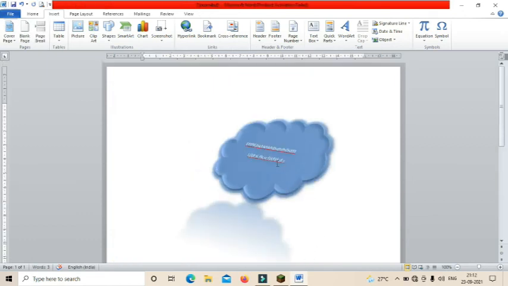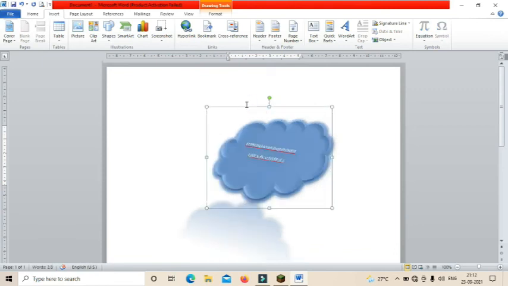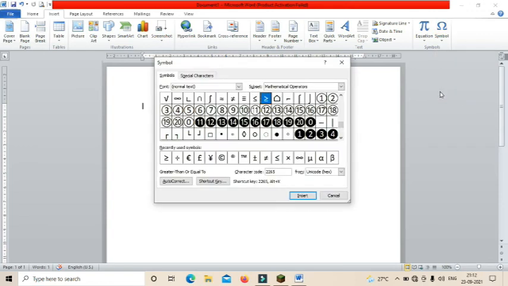For that, first click on the insert tab and then click on symbols. Here you can see so many symbols. If you want more options, you can click on more symbols.